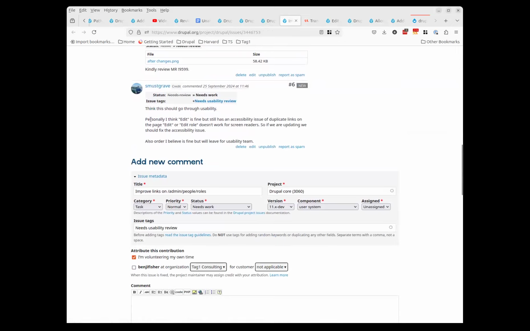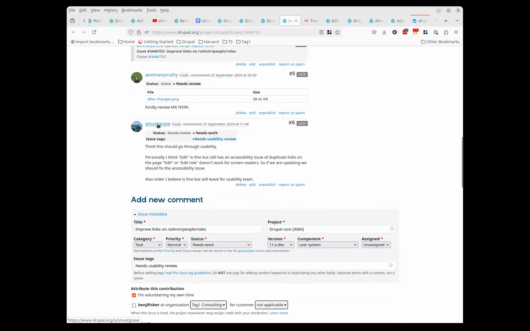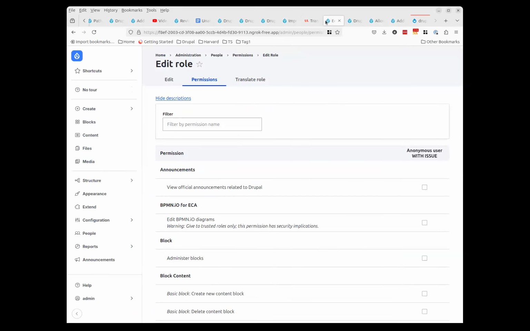Just to note, it's not our thing here, but it looks to me that the merge request has a degradation with the ARIA label. Without the patch, the default option has the ARIA label edit anonymous user, so it repeats from the table.